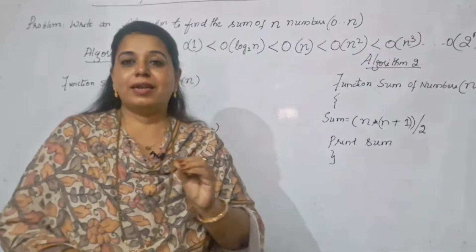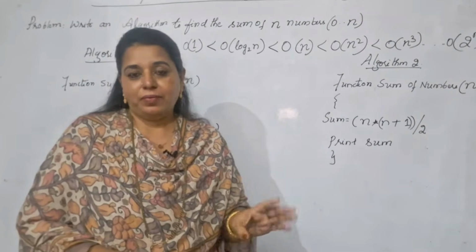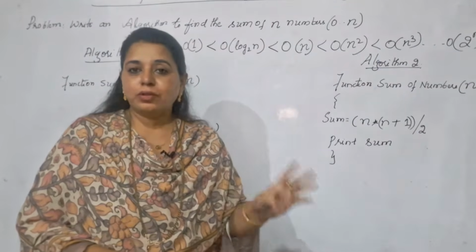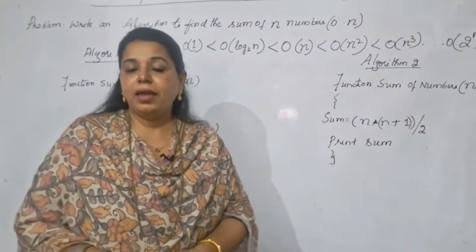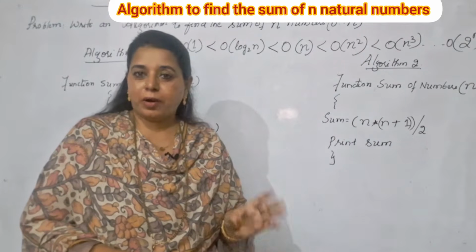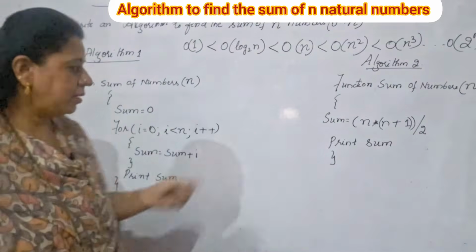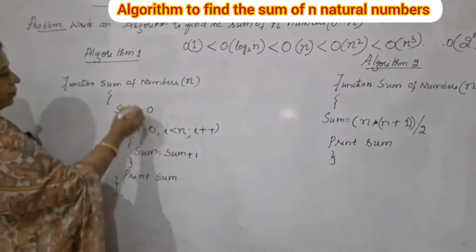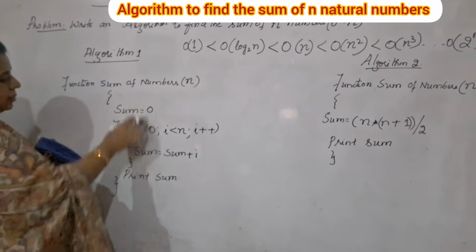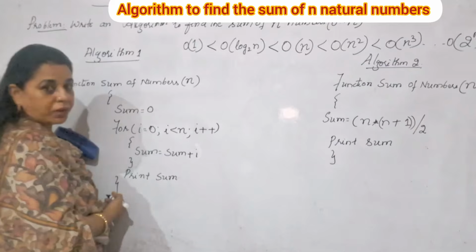So in this session, I shall take a very simple algorithm and show you the difference. One time we use one logic, the second time we use another logic, and for both of these logics we try to find the time complexity of the algorithm. We'll see the difference. Also, we'll plot a graph for each of these methods. The two methods are written over here. You can see here you have one algorithm which is used to find the sum of n numbers, and this is the first method.